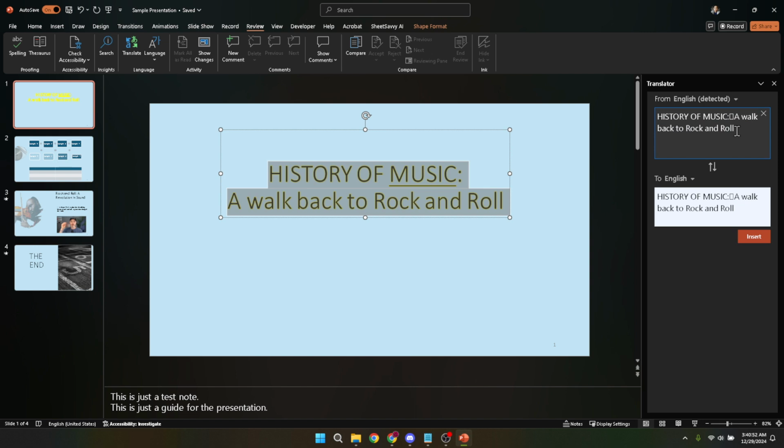Navigating within this translation feature, you'll find options to select both the source language, the original language of the text, and the target language, the language into which you want the text translated. PowerPoint is quite adept at detecting the source language automatically, but you have the flexibility to change it if needed. Selecting your target language is where the fun really begins. Whether you're translating your presentation into Spanish, French, Mandarin, or any other language supported by PowerPoint, this step is where your presentation begins to transform.